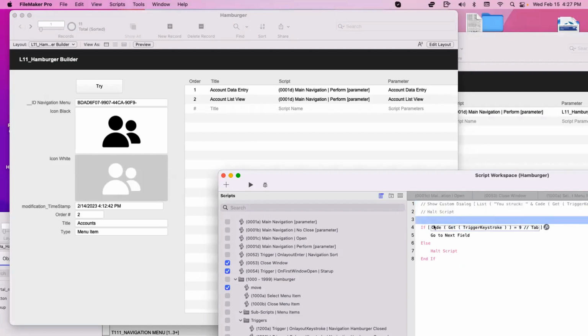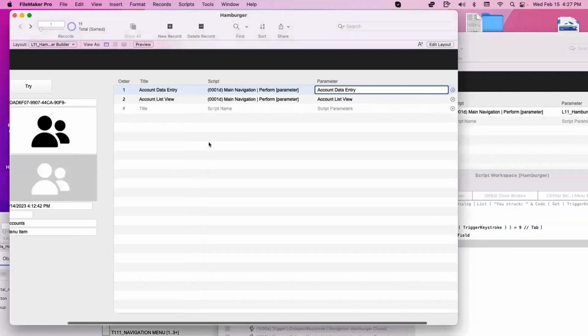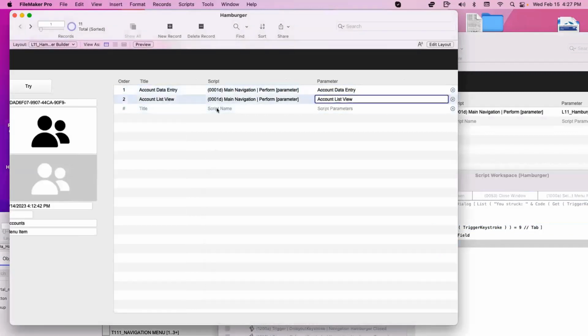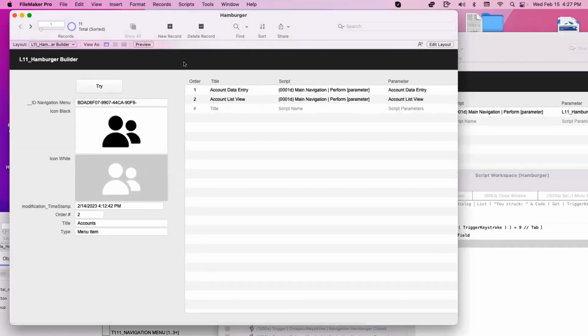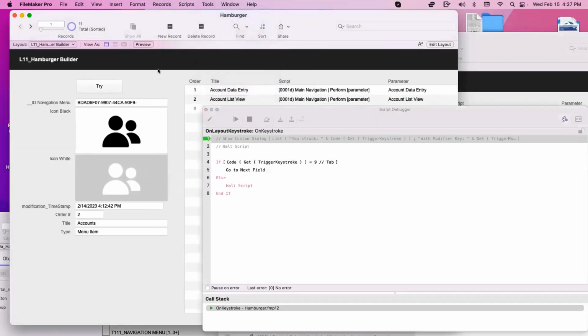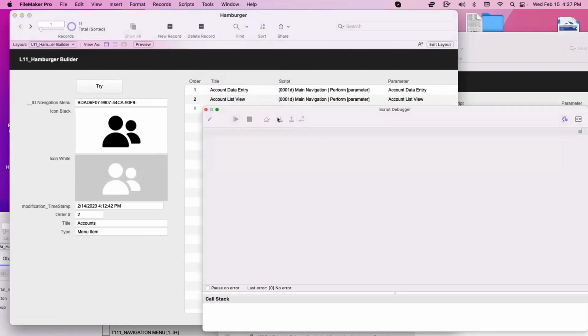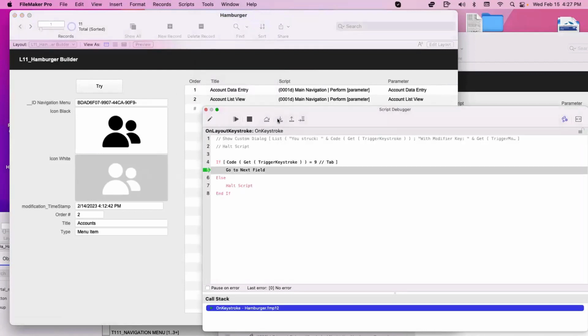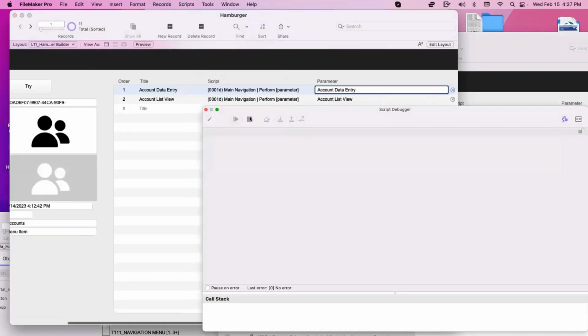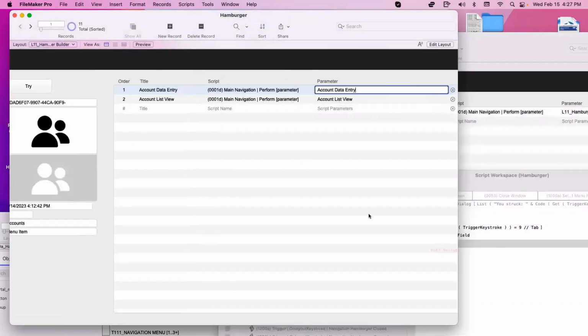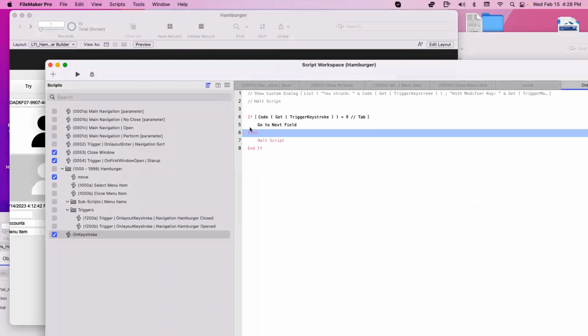I explained many times what code is. We get the ASCII code of the key we stroke, right? So I want the key, right? So if I press any key, nothing happens. Alt. But if I press tab, okay, that's good, right? So now I want to go